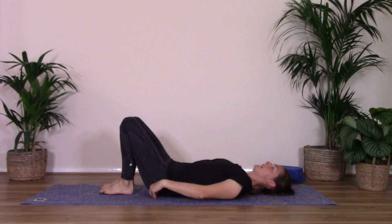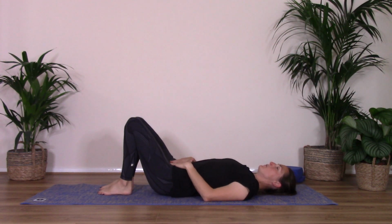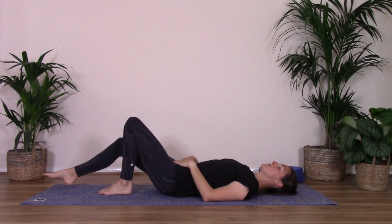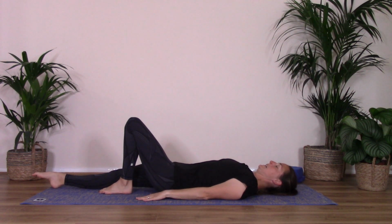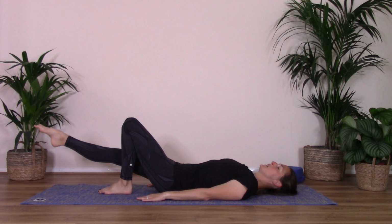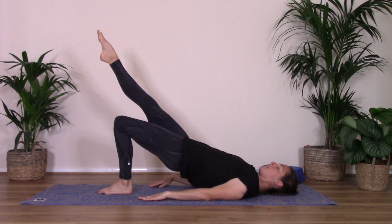So feet and knees that hip width distance apart. Well done. Just tilting that pelvis again forwards and back if you need to. We're going to go into our bridge here, but we're going to straighten one leg along the mat here, arms down by your side, and we're going to raise this leg up towards the other leg. So we're going to raise the leg up. Now as we're lifting it up, we're going to start now lifting up into that bridge, keeping that leg extended,